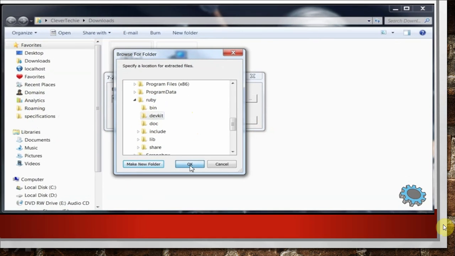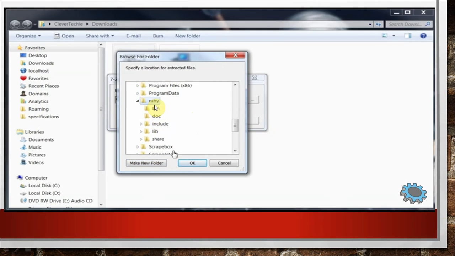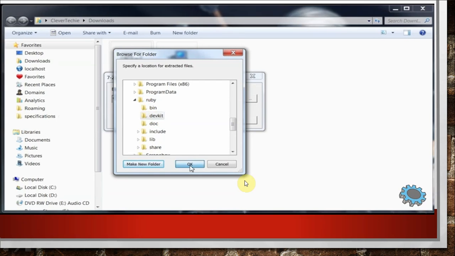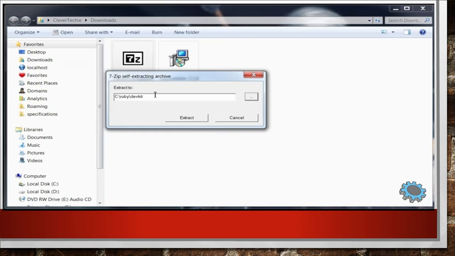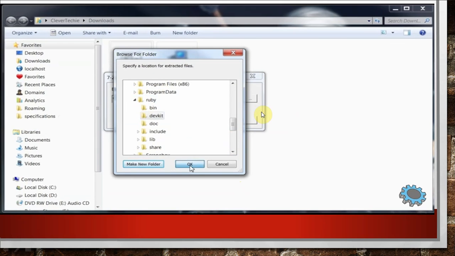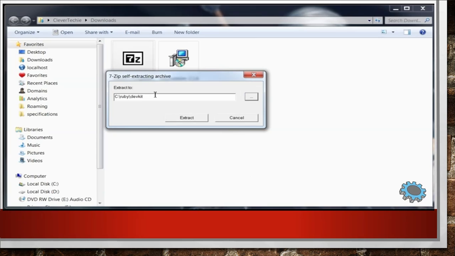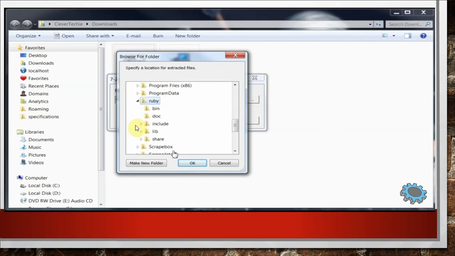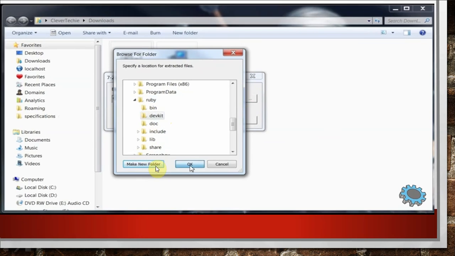So see in the next one, you have this development kit directory. Initially you don't have this development kit directory, so you have to mention here make new file folder. In case it is not showing here, in case development kit is not here, then you have to go to this browse window. You have to move on this button, and you will have to create a new folder, make new folder. You have to press on make new folder, and then create here the development kit directory, and then